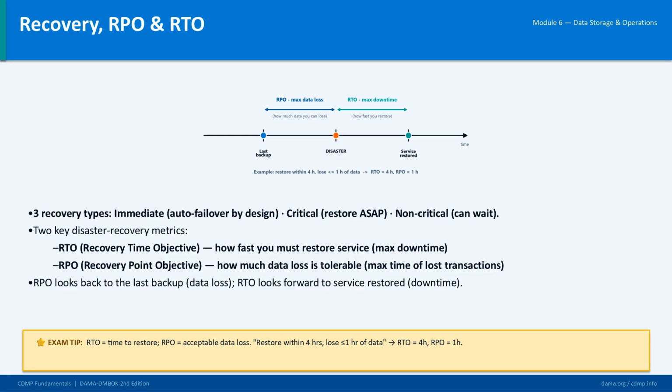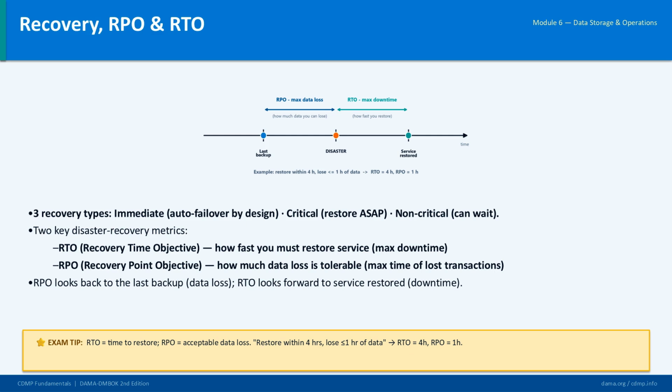Now, two metrics that the exam loves, and that people constantly mix up. Picture them on the timeline on screen. RTO, the recovery time objective, is about time, how fast you must restore service, the maximum acceptable downtime. RPO, the recovery point objective, is about data, how much data loss you can tolerate, the maximum age of transactions